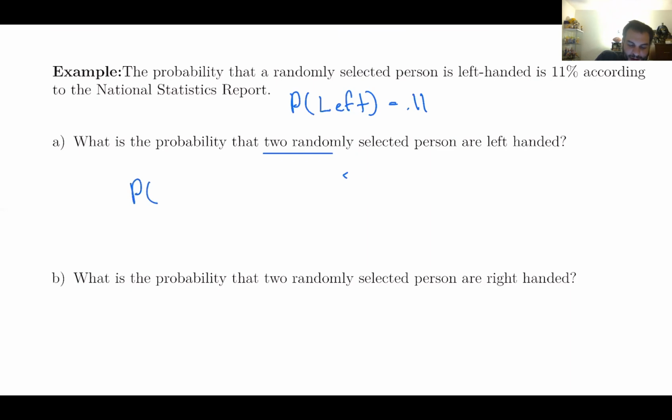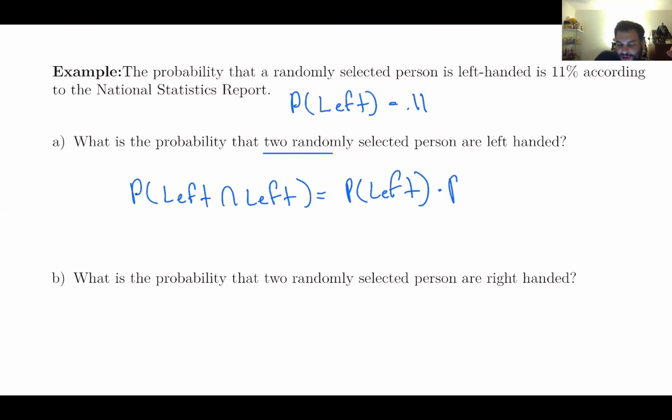So we're going to find the probability the first one is left-handed and the second one is left-handed. We get the probability the first one is left-handed and multiply that by the probability the second one is left-handed. So that's going to be 0.11 multiplied by 0.11. So 0.11 times 0.11, cool, and you get